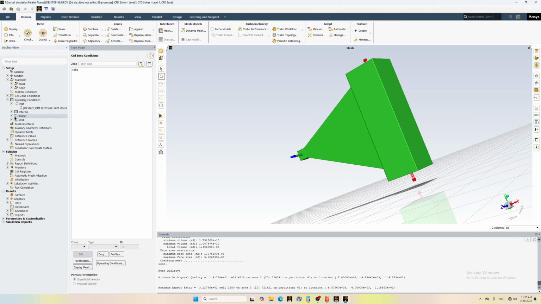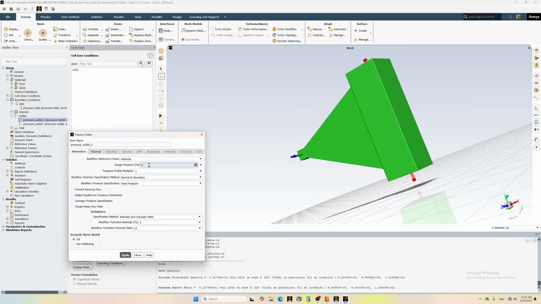Okay, now we have outlet. For outlet we have two outlets. We have to define for both of them, so 0.001, and here again diameter 5 and 1. Now here, if you watch a previous video where I talked about divergence of the solver and how to avoid it or how to correct for it,